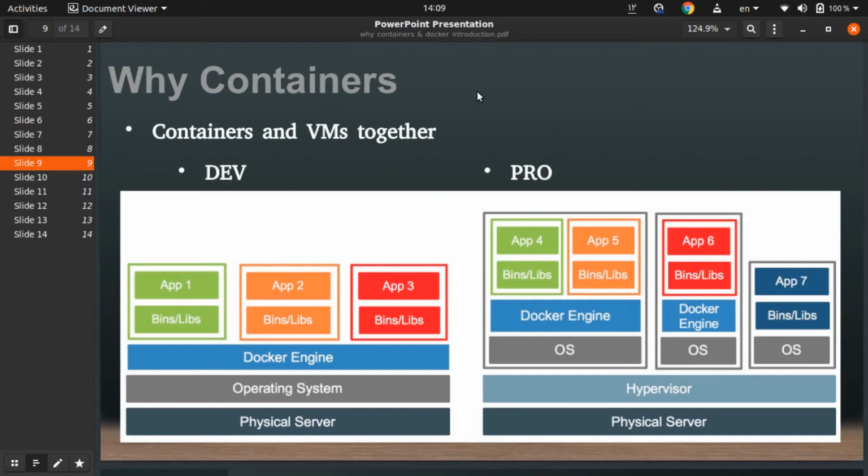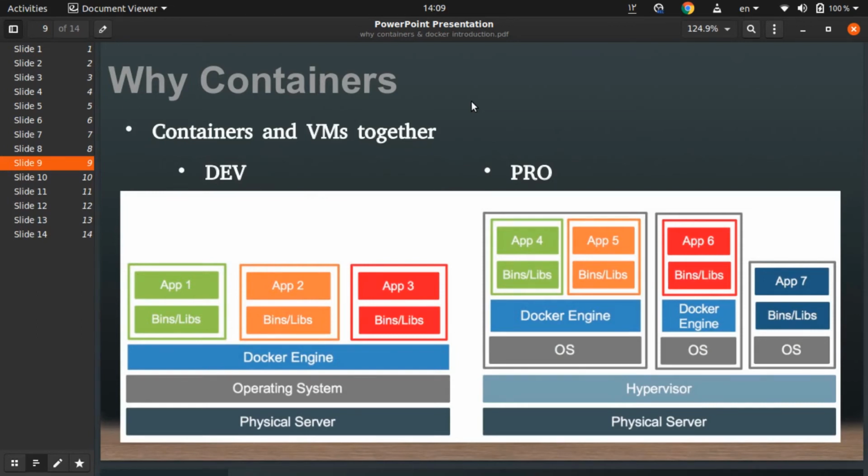Containers and VMs together in the development environment. We had one physical server, one operating system, and a Docker engine, running the application in its own container for the development environment.